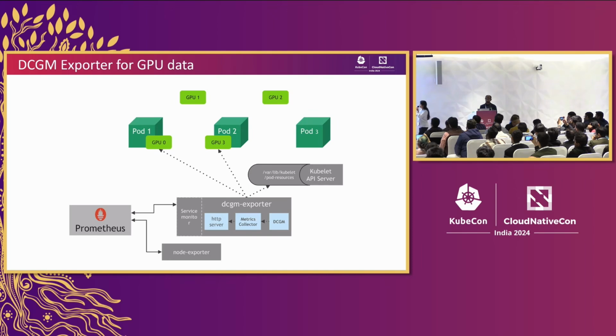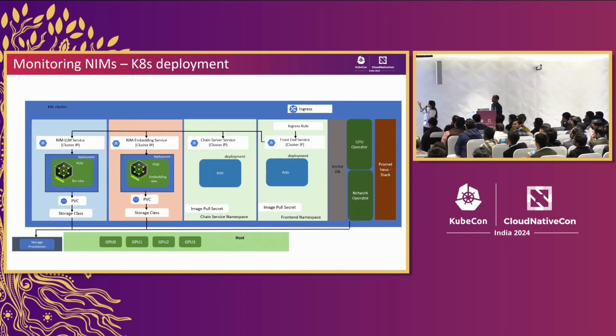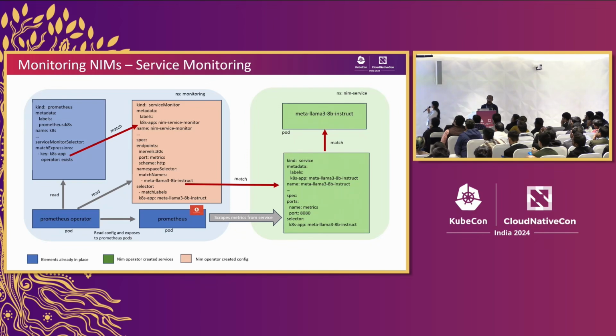So there are two aspects to monitoring. The first one is our Data Center GPU Manager that is deployed as part of the GPU operator itself. So you don't have to do anything extra. The GPU operator will deploy this exporter, and Prometheus can scrape from that exporter automatically. Now, we'll keep coming back to this deployment diagram. We'll keep adding pillars into this to finally build our chain. Now we have added our Prometheus stack, or the monitoring stack, as well.